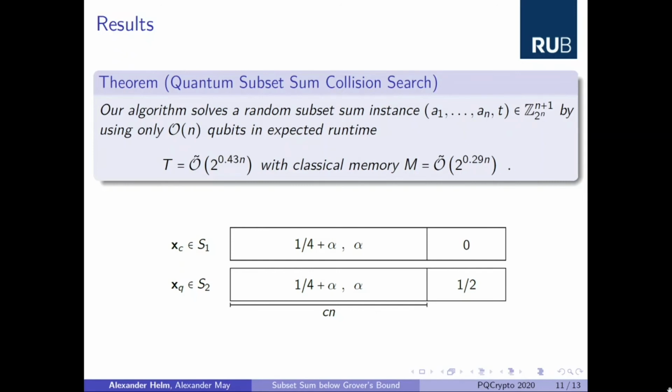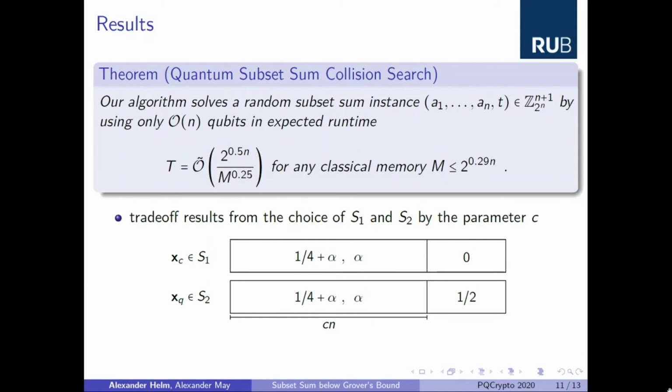But besides the whole optimization, we can see that if we choose c equal to 0, S1 consists of the 0 vector and S2 of every n-bit vector with Hamming weight n/2. Then our algorithm works similar to the normal Grover search. If we then increase the parameter c, the size of the domain S1, and so the list size, increases, which represents the required classical memory. So by the parameter c, we can adjust the memory consumption